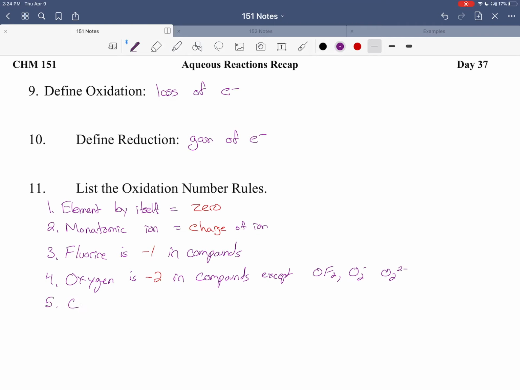Number 5, the rest of the halogens are -1 in compounds,